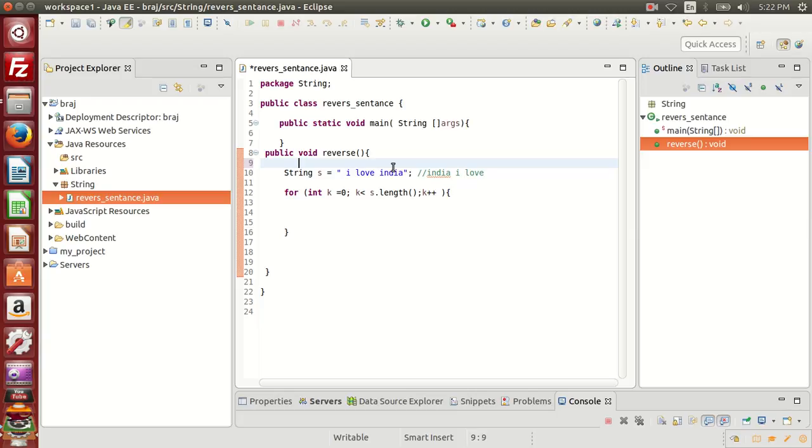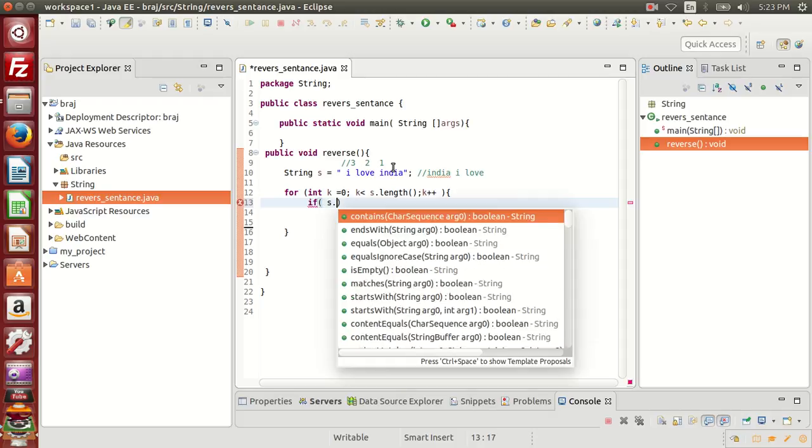So this I will be 1, this will be 2, this will be 3, and like that they are stored, right? So I have to reverse by 3, 2, 1, then I will get the output, right?